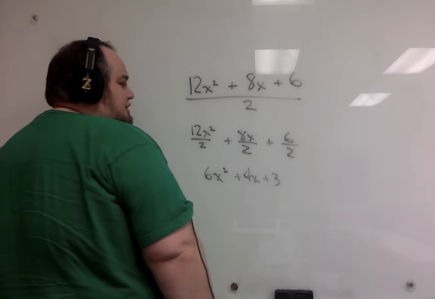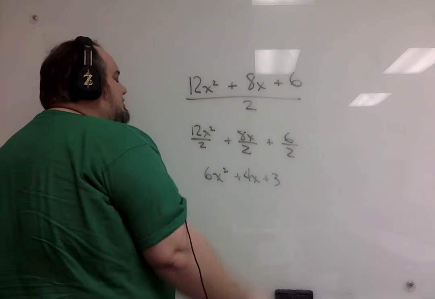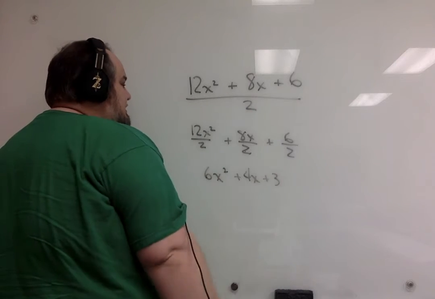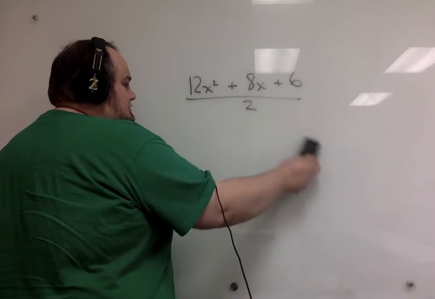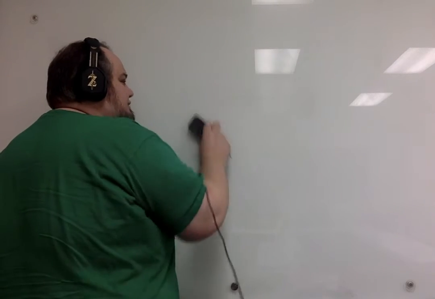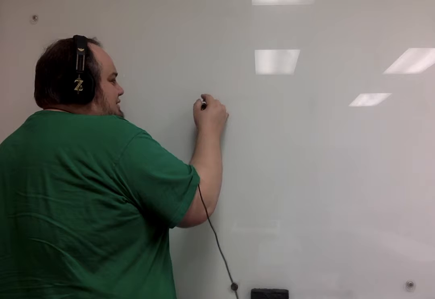So that was a pretty straightforward example. We took a polynomial, divided it by a monomial, and in this case the monomial was just a number. Let's talk about dividing monomials for just a moment. Let's say we had something a lot more complicated. Let's say we had